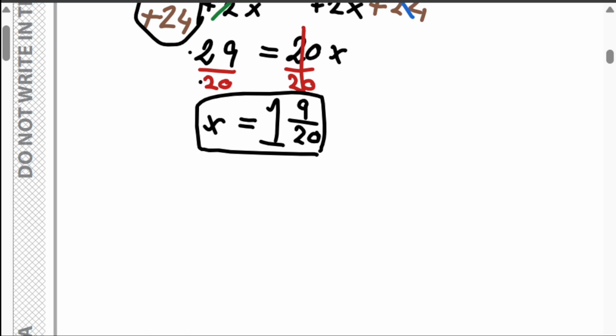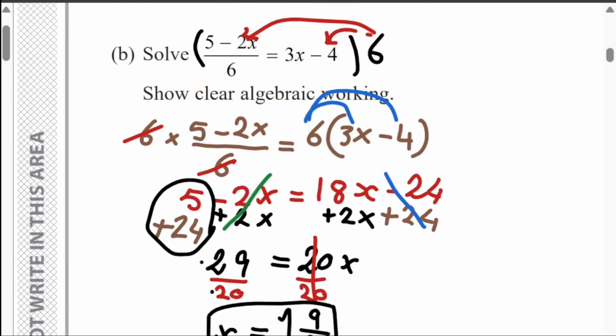Before you go to the next question, check. Did the question ask you to give your answer to some decimal places or something? No. So you can just leave it like that. Now this is question